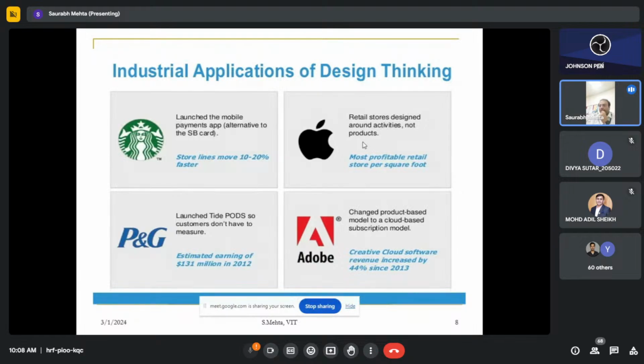P&G, I'm giving you this case study about the US. I'll also come to Indian companies a bit later. So what has P&G done? Because in the USA, the majority of people are working, and they do laundry during the weekend, and not every home has a